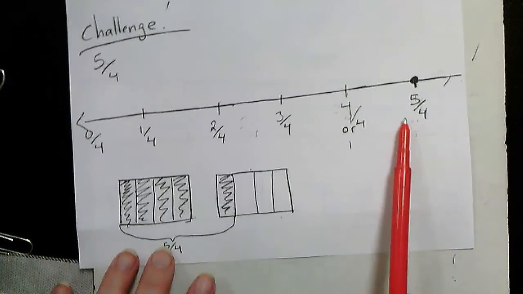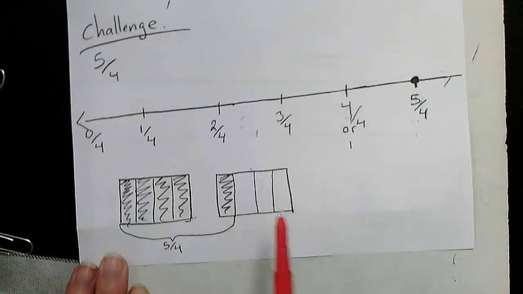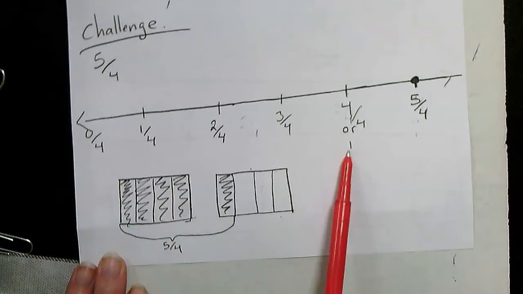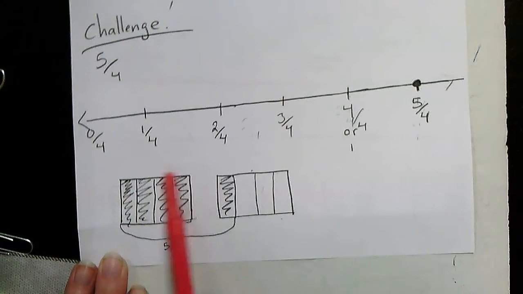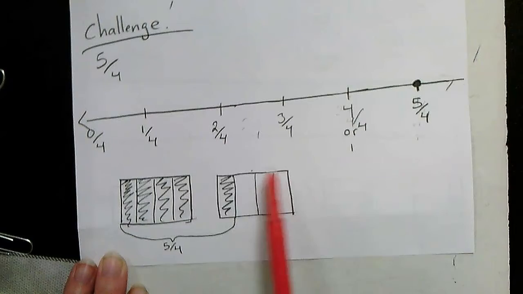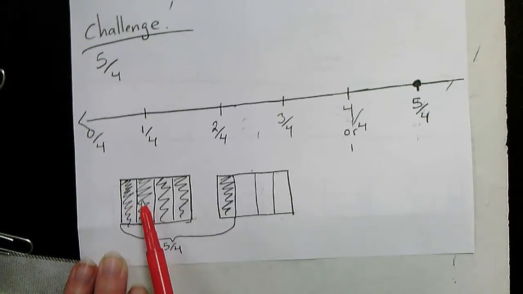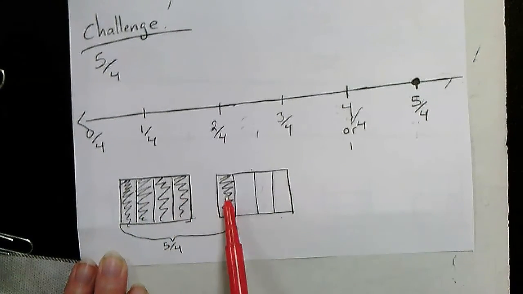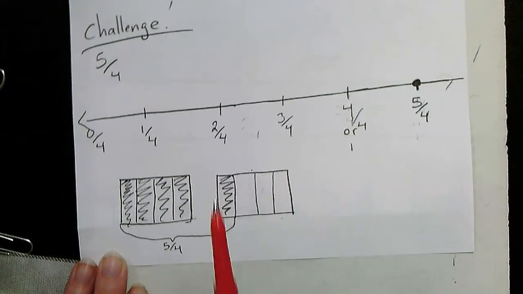And since this fraction is greater than 1, what I'm going to need to do to show 5/4 is I need to have 2 different squares, because this right here is 4/4. So remember, 4/4 equals 1. So 4/4 is going to make up a whole, and then I still need a little bit more. So that is why I have this extra one over here, because now I'm showing you 1/4, 2/4, 3/4, 4/4, and 5/4. And that is why I split this model into fourths as well,